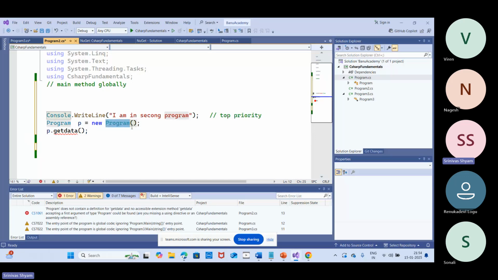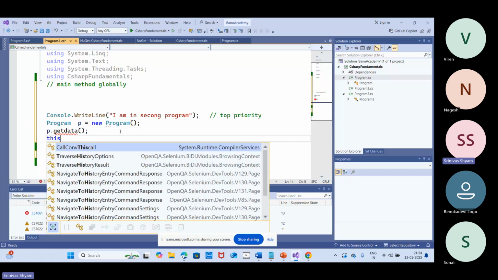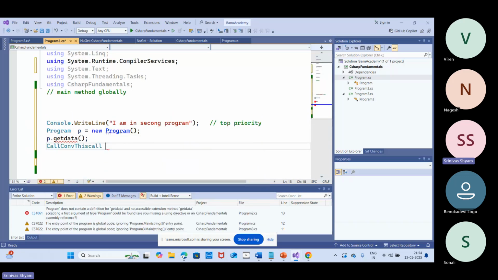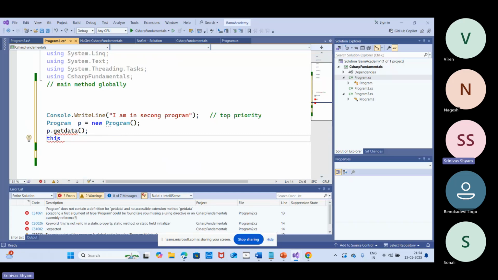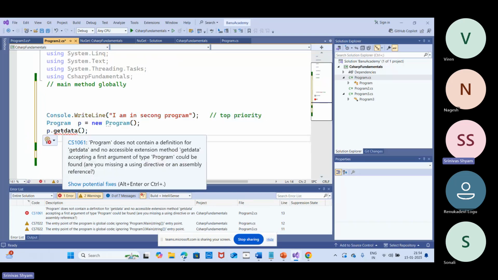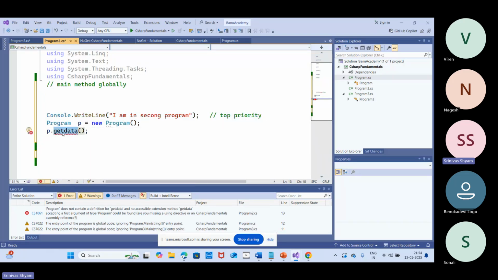As you asked what this constructor is, I need to explain in detail. So tomorrow I will show you how inheritance works, how constructors work, and there is another one, the this keyword. So how the this keyword is used in real-time scenarios, I'll show you in tomorrow's session. The only one thing I want to execute here is I want to call this method get data from the program